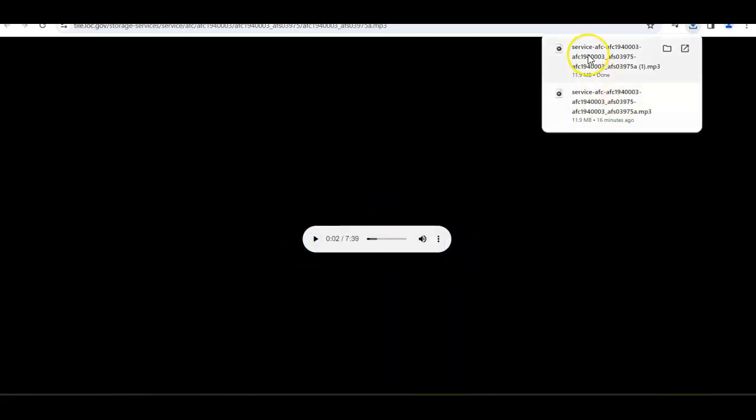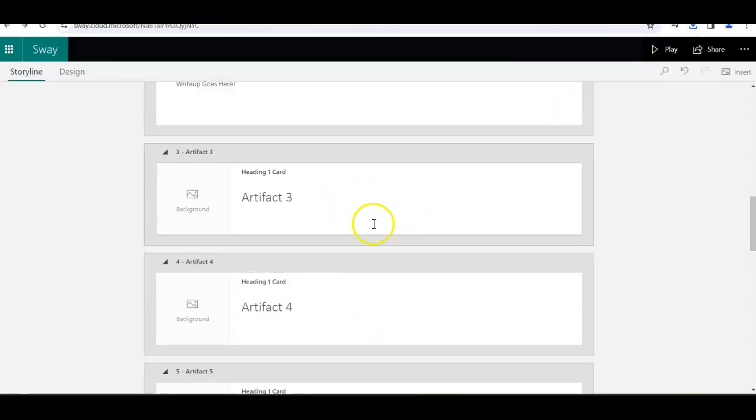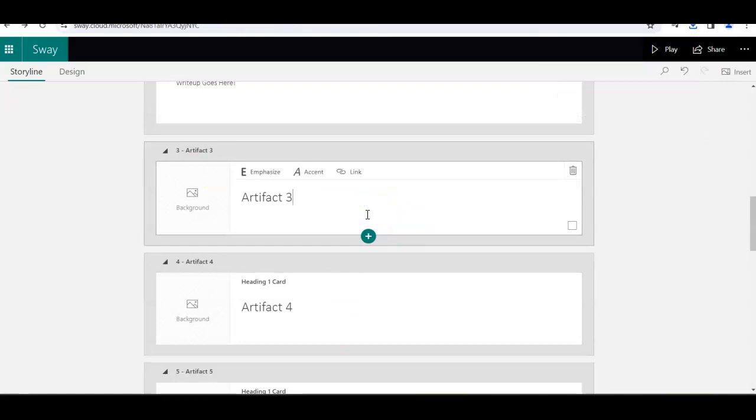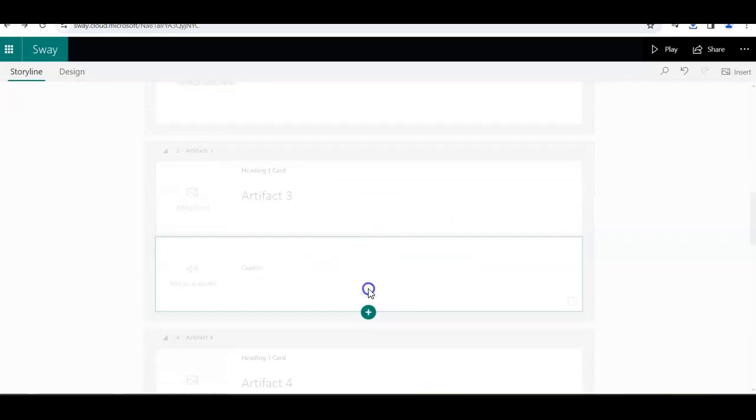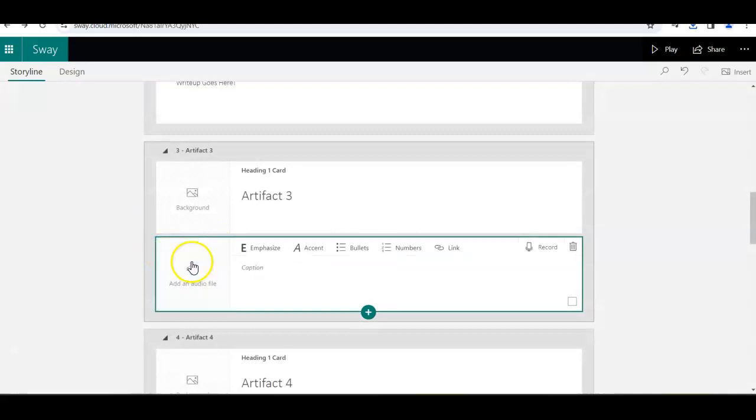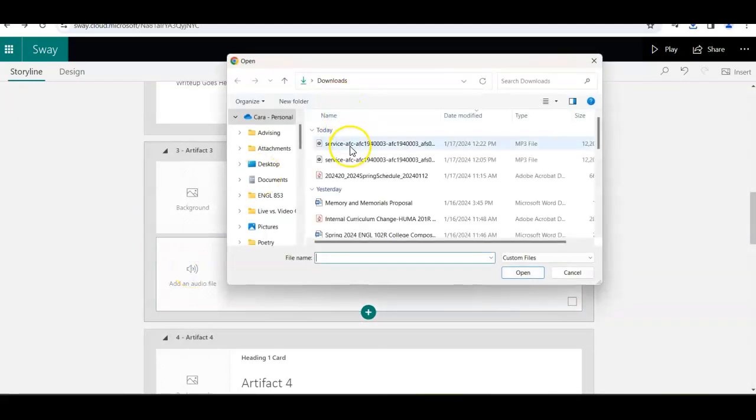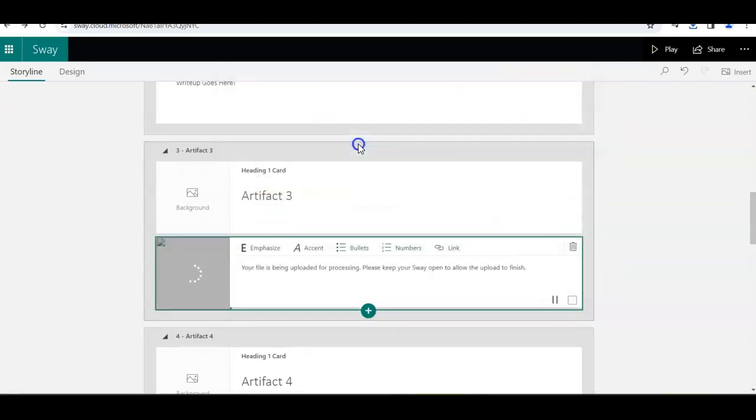All right, so we have it. Let's see how we can make this work. So in this case, because I'm uploading, for Artifact 3, I would click the plus sign, I would go to Media, and I would go to Audio. And when it says add an audio file, I would click into here. I would select the audio file,